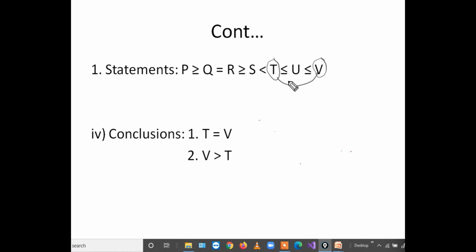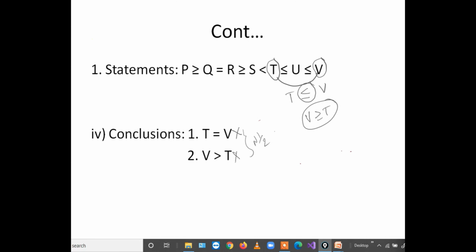Then start procedure. Less than or equal to when combined with less than or equal to, what is the result? The same, less than or equal to. So now coming to the first conclusion, T less than or equal to V. First conclusion, T is equal to V. So there is no less than, there is only equal to, that's why it is not follows. And the second conclusion is also between T and V only, but V to T. T is less than or equal to V, nothing but V must be greater than or equal to T. But here there is only greater than, it is also not follows. So finally answer is neither conclusion 1 nor 2, no.